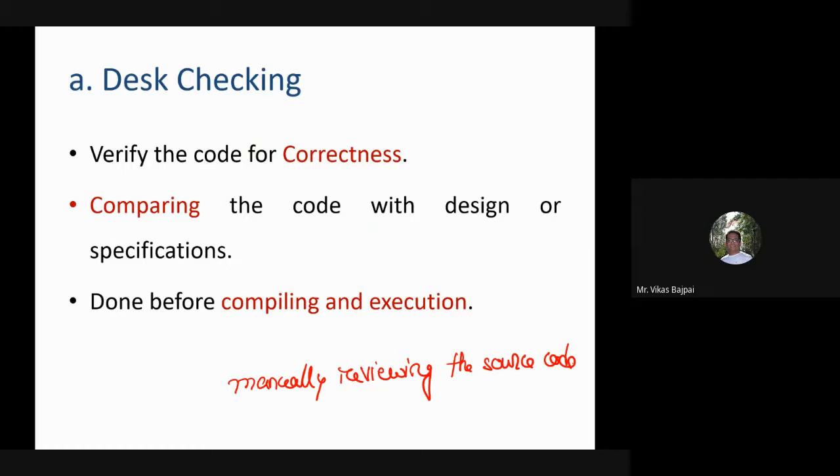It involves reading the functions within the code and then manually testing it, and your developers are the best persons to go for desk checking. So, verifying the code for correctness.